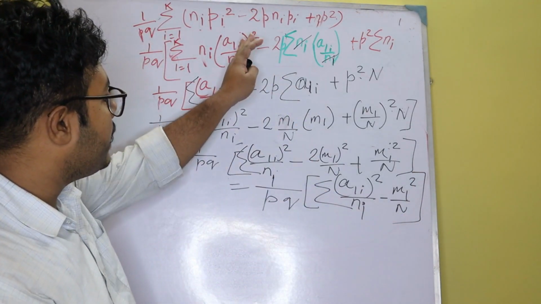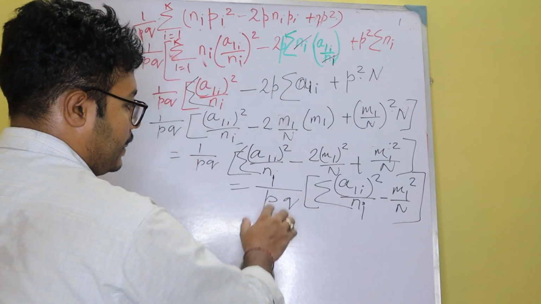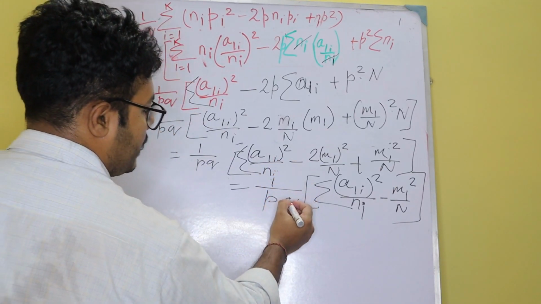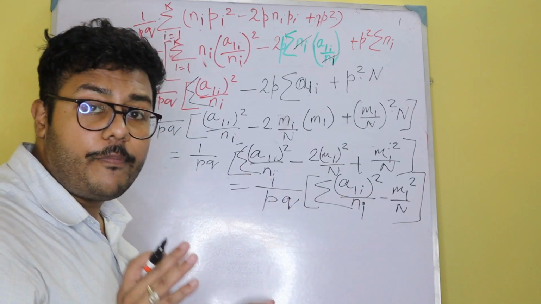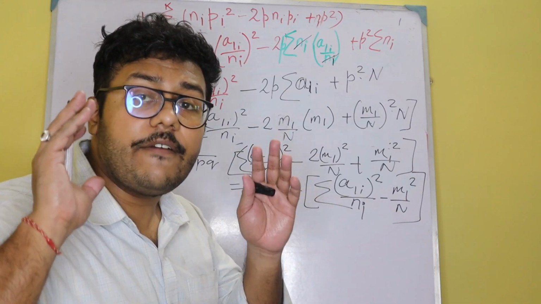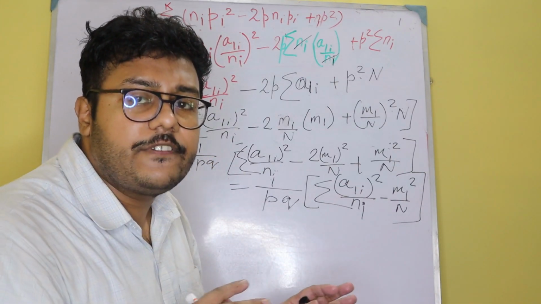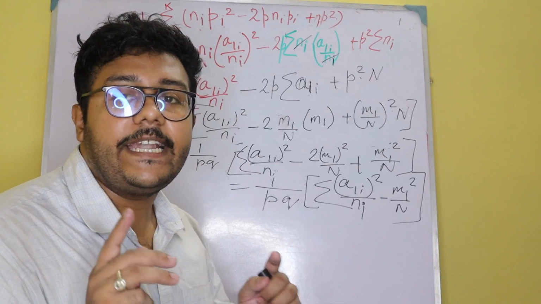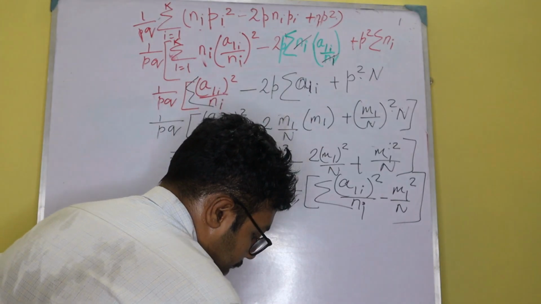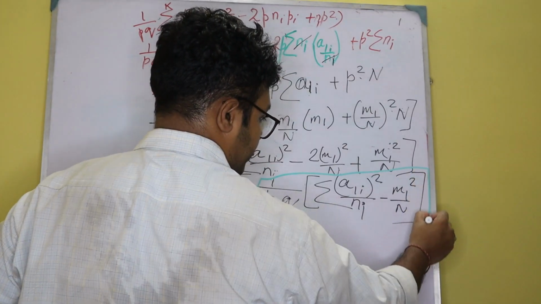And this was the proof. This was the actual proof of the chi-square testing, which we started from the very beginning. So this is ni and this is 1 by p cube. I hope it's clear up till this part. If not, you can repeat the video once again if you want, and if you have any doubts, please comment in the comment section. I will reply. I know this is a little bit tricky thing, but it will be very helpful in tackling problems related to 2x2 contingency table. This is the formula, and this is the proof, the one marked in green.